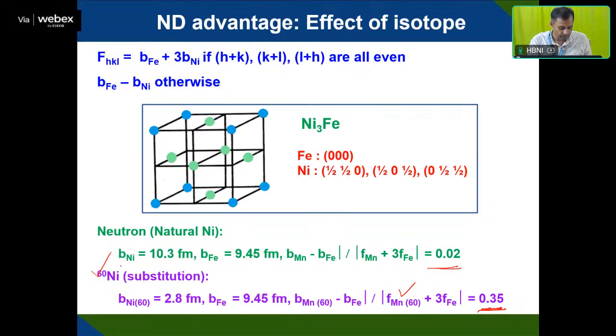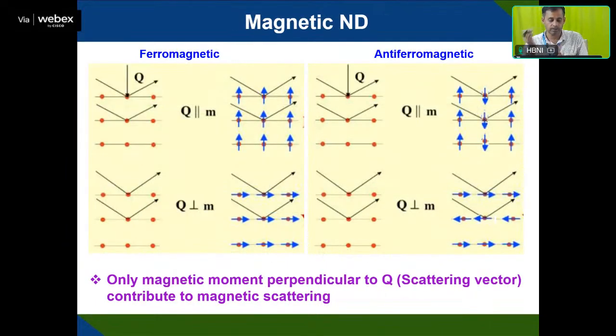You can see here, in the case of nickel 60 substitution, what is happening: you are getting this by mistake. This is actually Ni, so there is a difference, B_Ni minus B_Fe. Because of that difference, you will be able to see the additional diffraction peaks. If you see the ferromagnetic and antiferromagnetic material, as I told, only the perpendicular component contributes to